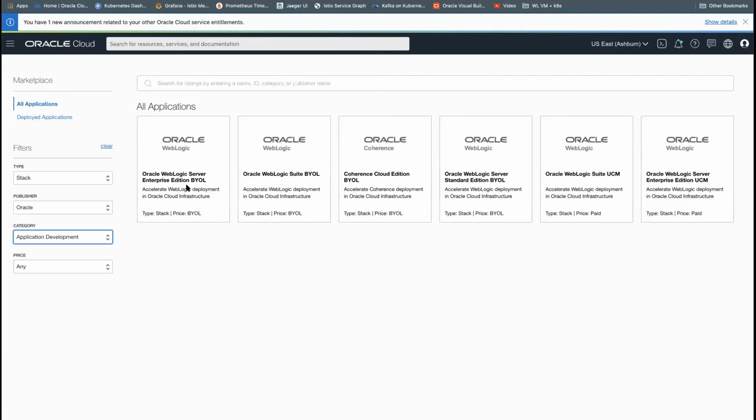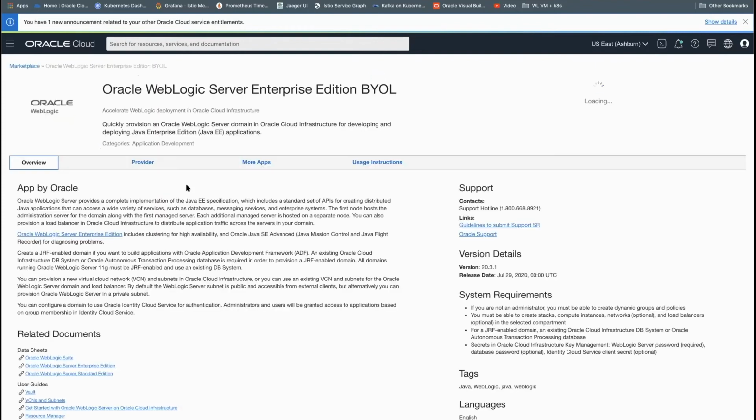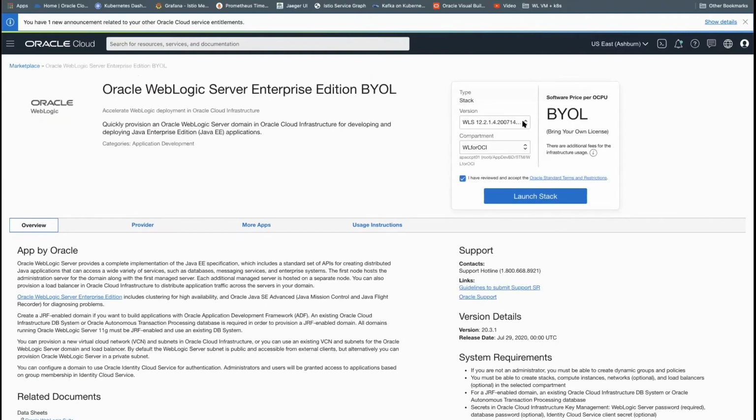Here, let's select the Enterprise Edition of WebLogic. As you can see here, I'm going to select the version. As of today, I can actually provision WebLogic 11G, version 10.3.6, or 12C up to 12.2.1.4. The default is 12.2.1.4. Our latest and greatest version, 14C, 14.1.1, is just coming in a couple of weeks. So I'm selecting the default WebLogic